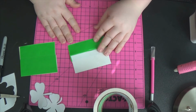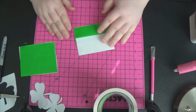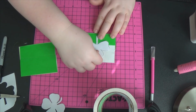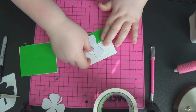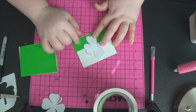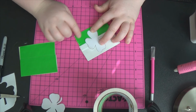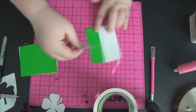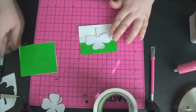I put green on opposite sides of each side, and then I decided to make this particular one my 3-leaf clover. So I'm just going to measure it and see how I want it to look, just to see if I want the green in a particular way. Once you have it the way you like it, you definitely want to flip it over to trace it on the opposite side. So now that I've figured out how I want it to be,